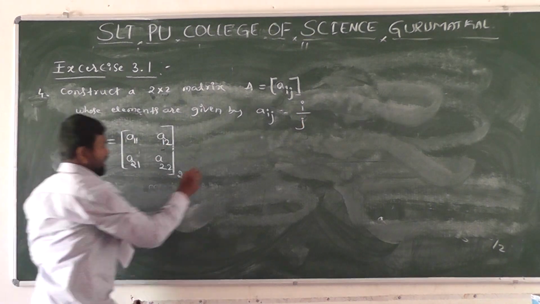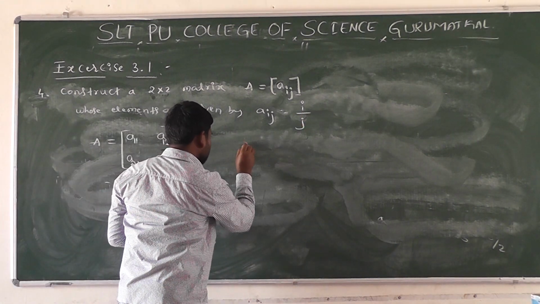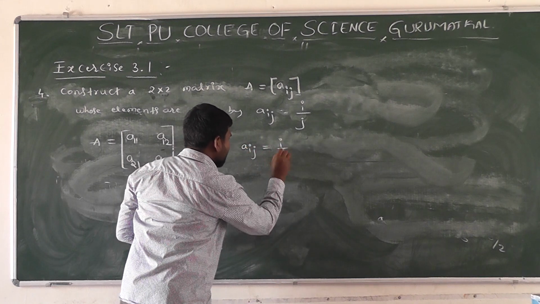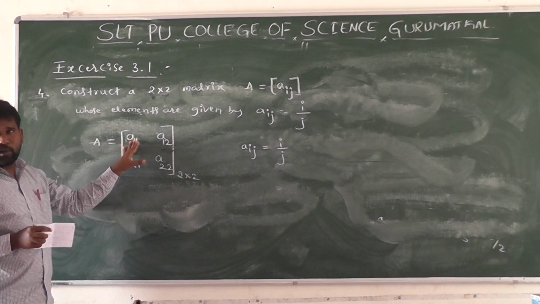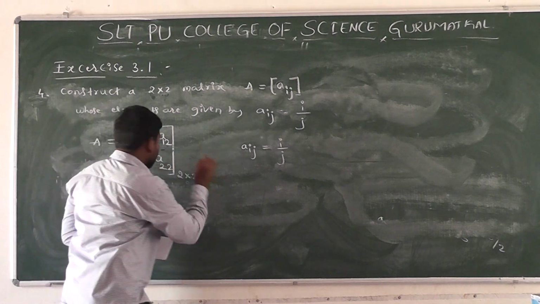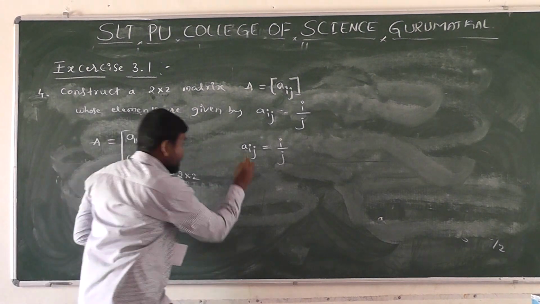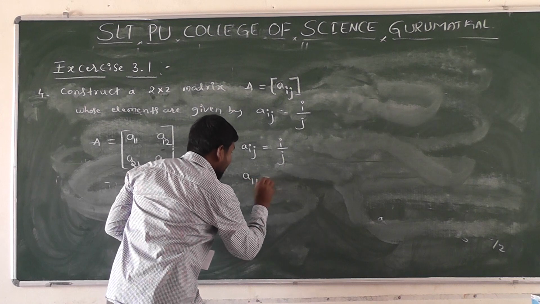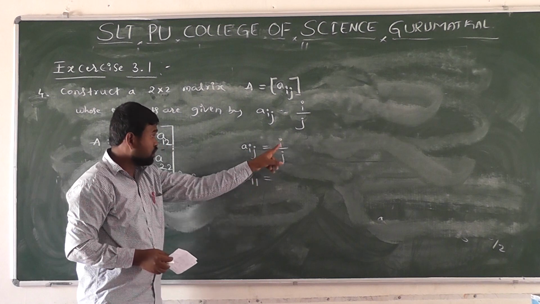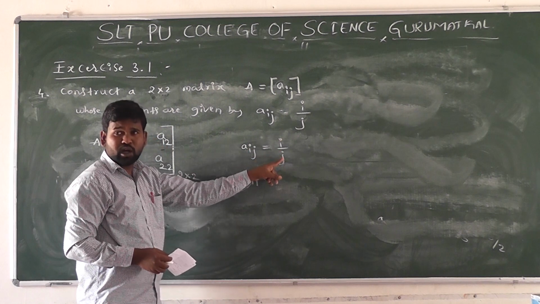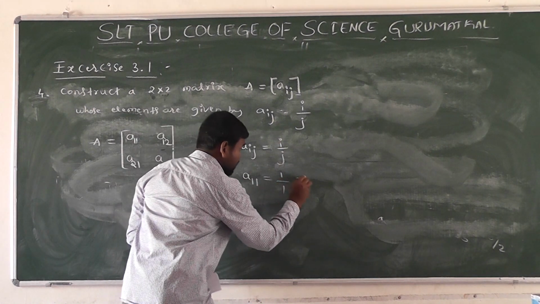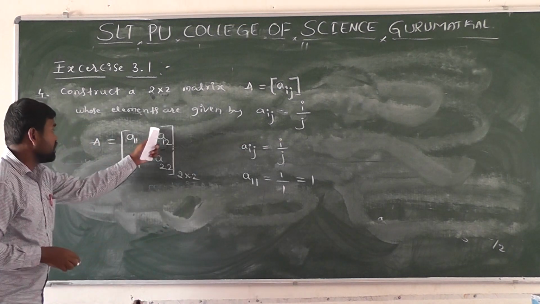First we have to write Aij is equal to i divided by j, as given. Then we compare the elements to this equation. Aij is equal to Aij; in place of it we take the first element. What is the first element? First row, first column element A11, right? Here i is 1 and j is 1. We substitute 1 in place of i and 1 in place of j. What happens? 1 divided by 1, which is nothing but 1.